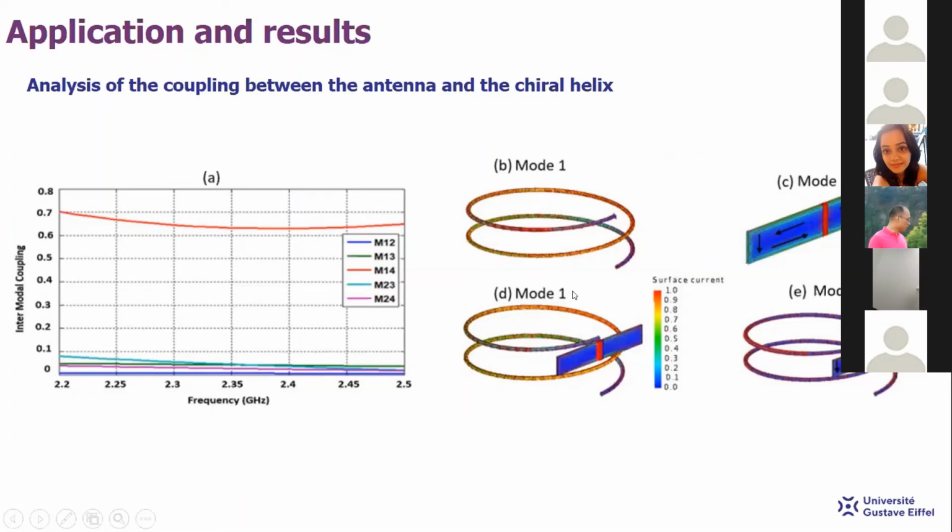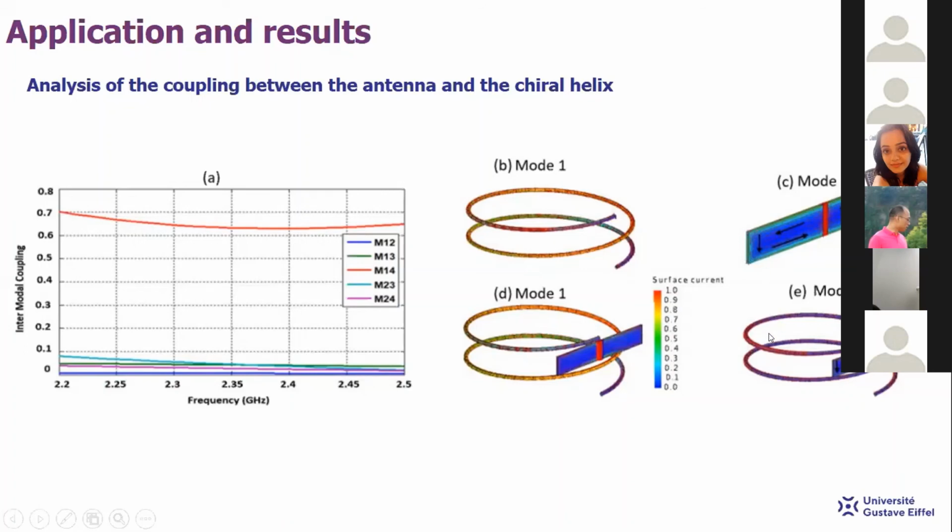Here is the current distribution of mode 1 and mode 4 of the proposed antenna. To better understand the behavior, the coupling and the energy compensation between the dipole and the chiral metamaterial, we propose to check the characteristic current distribution. This is for mode 1 and here for mode 4. We then check the different modes of the helix alone and the dipole alone. As we can see, we have mode 1, which is similar to mode 1 of the proposed antenna, and here mode 3 of the dipole, which is similar